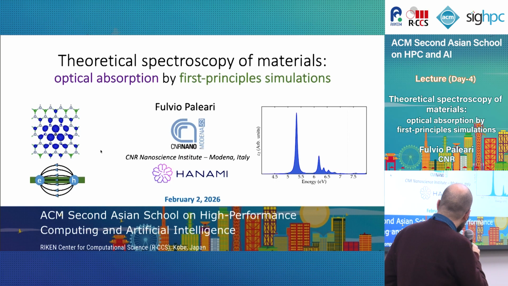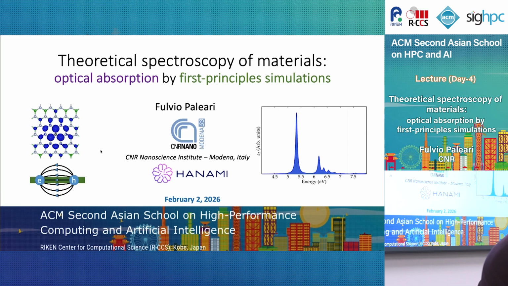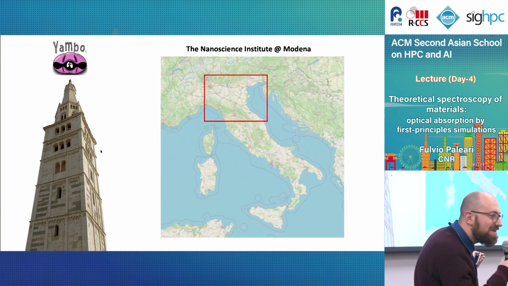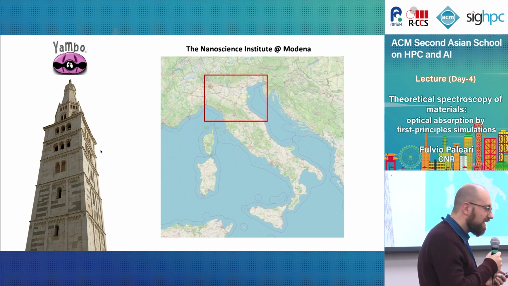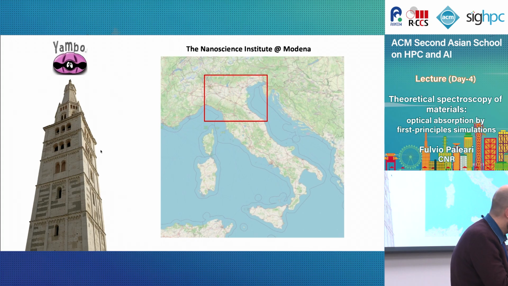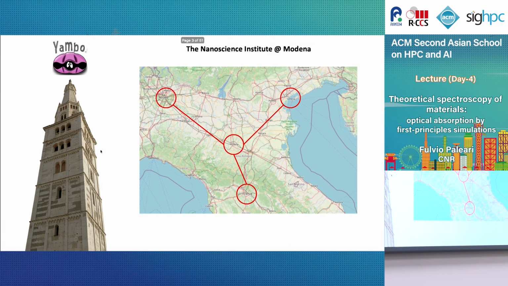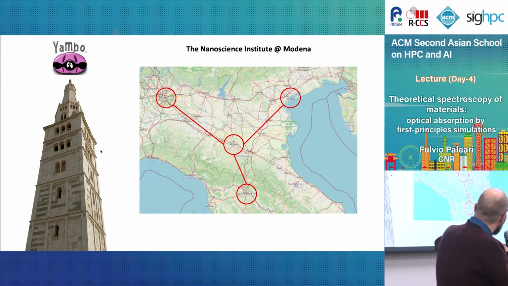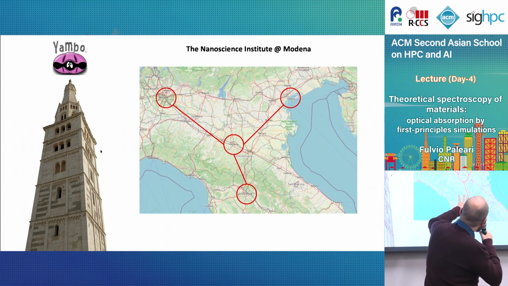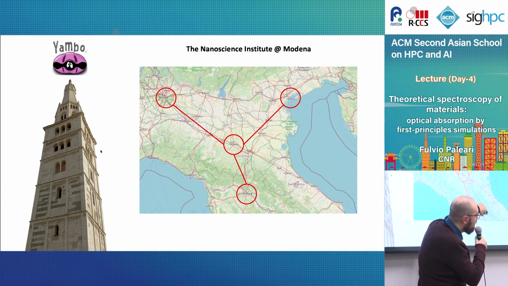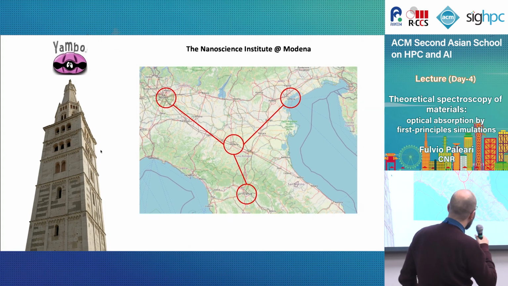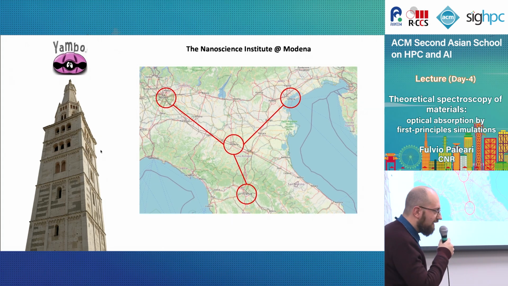Okay, so I come from the same place as Daniele, Modena, Nanoscience Institute. Just if you don't know, I prepared some introductory slides. Modena is in northern Italy and in the Po Valley. And if we zoom into northern Italy, okay. So this is Modena in the center. You see we are basically 2 hours by high-speed train from Milan and from Venice, and directly on the other side of the mountains with respect to Florence, right? So this is our location, this is our Tower Bell, and that's it.